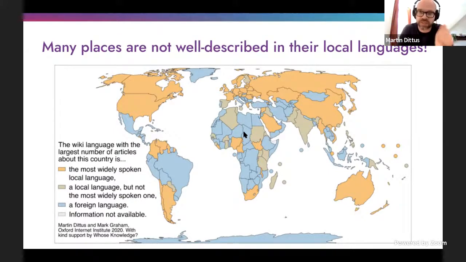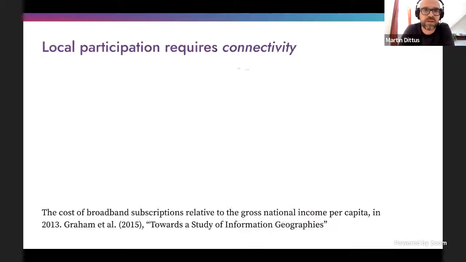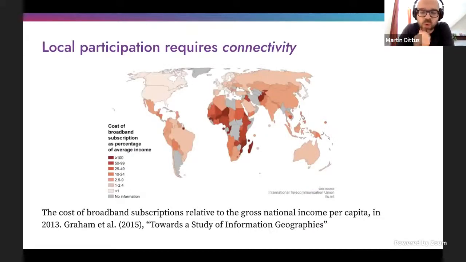So it's complicated, but certainly we can see there are many places in the world that might be written about, might be described from an outside perspective. And this is really the question we want to ask. When that happens, what are the perspectives, what are the experiences that are potentially not captured? I'll just speed up a bit in the interest of time. But these are the main points we wanted to raise and the main questions we want to ask.